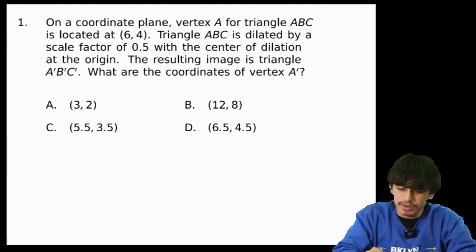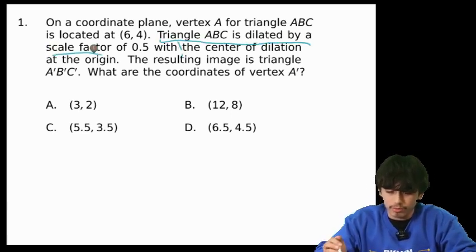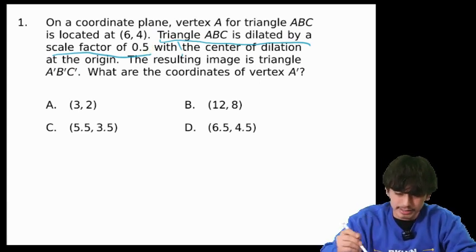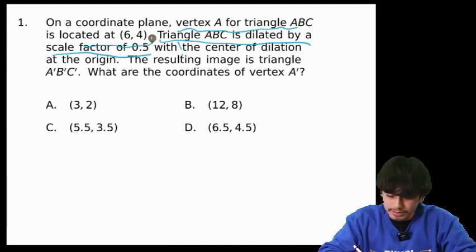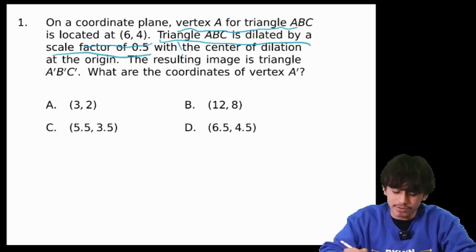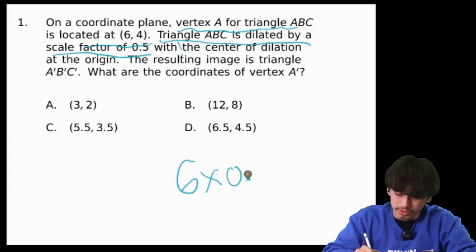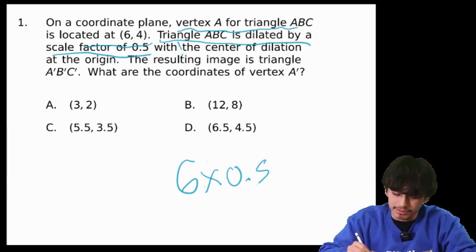So what I know is that triangle ABC is dilated by a scale factor of 0.5, and we are looking for vertex A, which is located at (6, 4). What I can do is 6 times 0.5, or 6 divided by 2, but in this case I'll do 6 times 0.5, which is going to be 3,